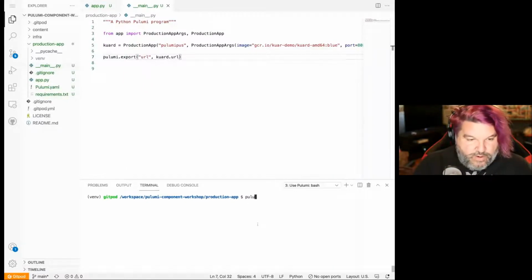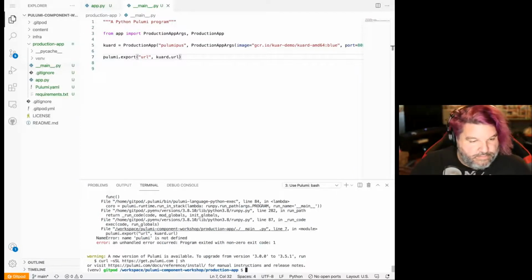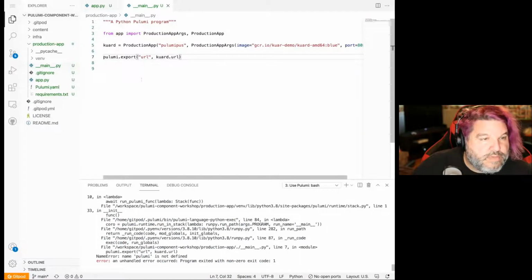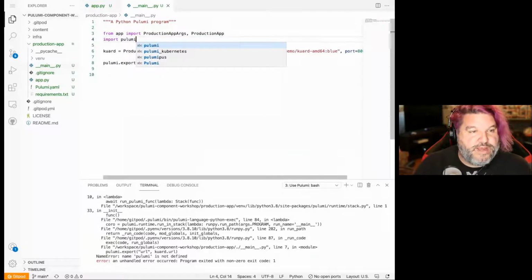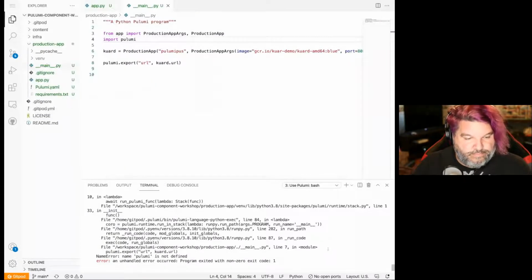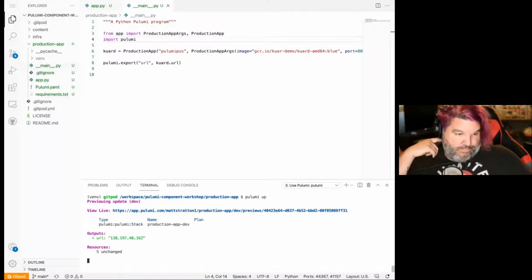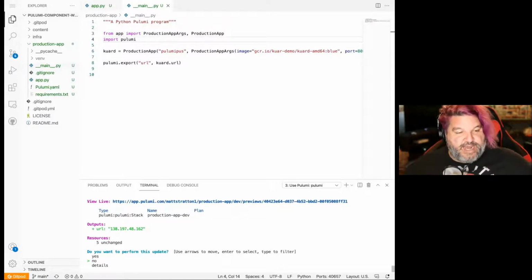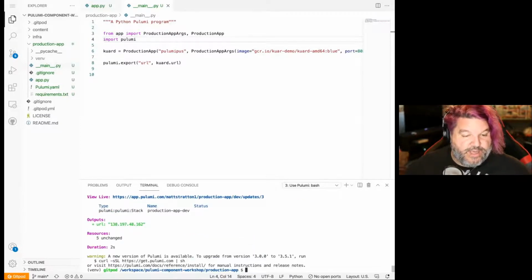Now if I go and run pulumi up again, it's going to tell me it doesn't actually have to do anything. We have to import Pulumi again, because remember before I said we weren't using Pulumi? Well, we are, because now I want to use that. There we go. So now you can see it would export that. And if I run pulumi up, you're going to see it's not going to really need to do anything. So now if I say pulumi stack output url,